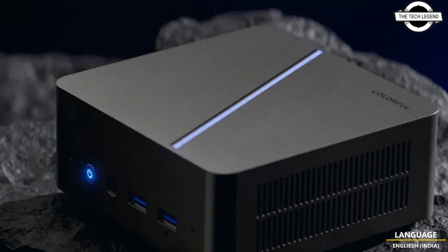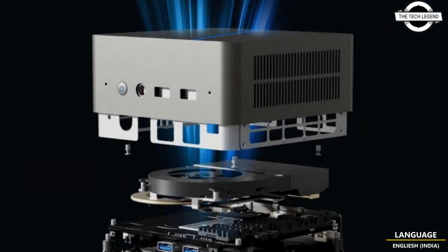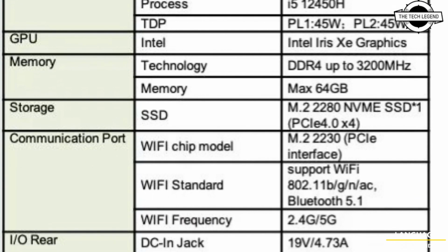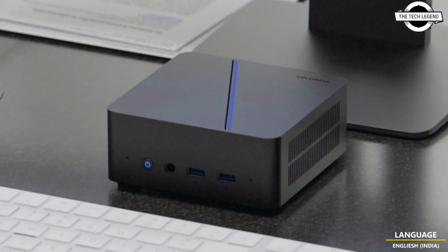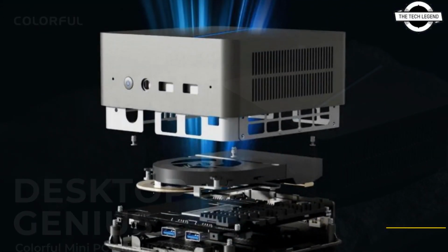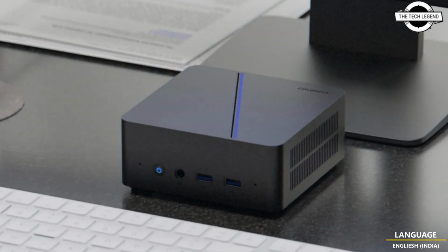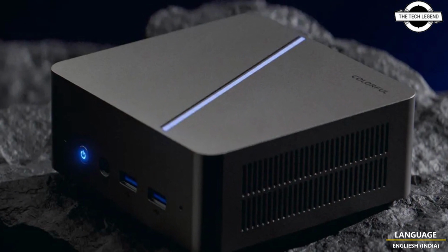CMNH01-12450 is equipped with the 12th generation Intel Core i7-12450H processor from the Alder Lake-H45 series, and this model features an 8-core configuration consisting of 8 performance cores and 4 efficient cores. Although the i7-12450H is not the most advanced CPU on the market, it targets budget-conscious customers by offering adaptive performance for everyday tasks. And friend, the